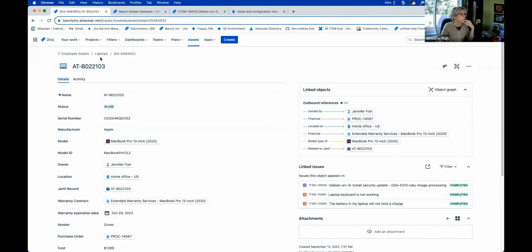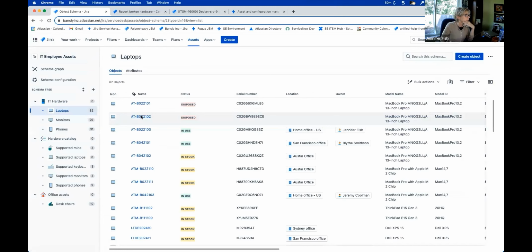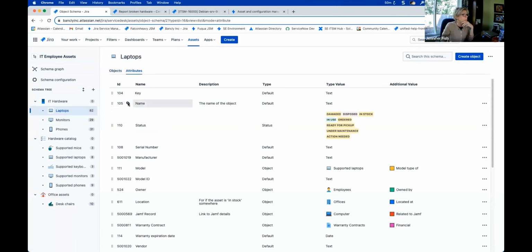So on the example we have here in laptops, name is our label, and I can show you a little bit more if I go into the attributes. That'll be a better screen to look at. So let's look at, so name is our label, and we can tell it's our label because we have a little icon here. And whenever we reference laptops, this particular data will show up in that reference, and we can make it any length that we want. It's pretty versatile. So did I answer your question there?